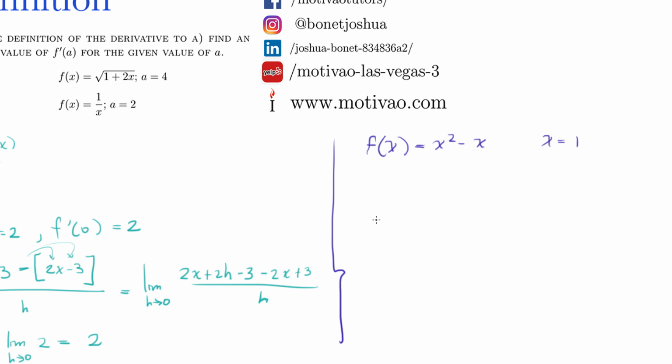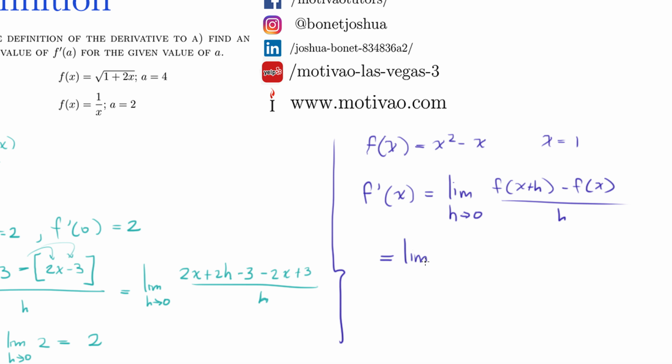Well, again, we can do it both ways. We can find the derivative in terms of x and then plug in 1, or you can use the second definition and go straight to the value. So I'm going to do both. So again, f prime of x is the limit when h approaches 0 of f of x plus h minus f of x over h,